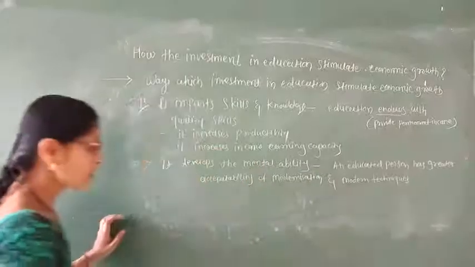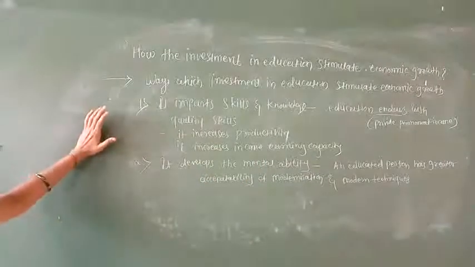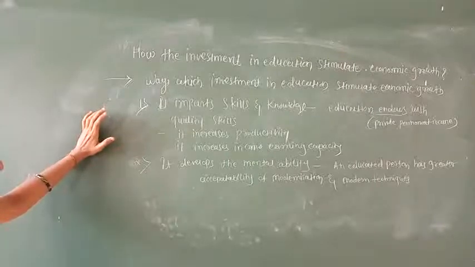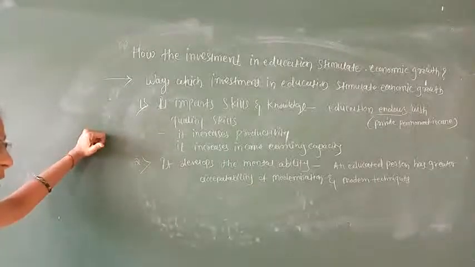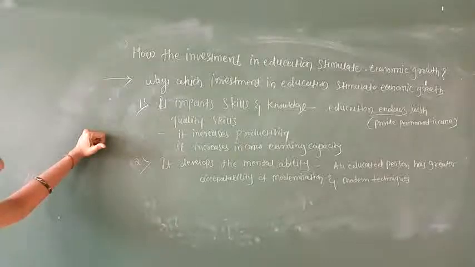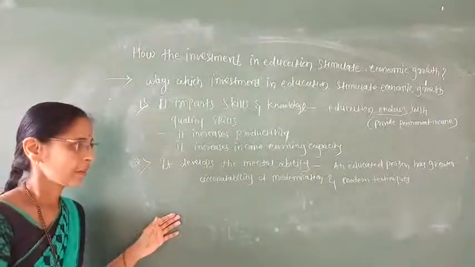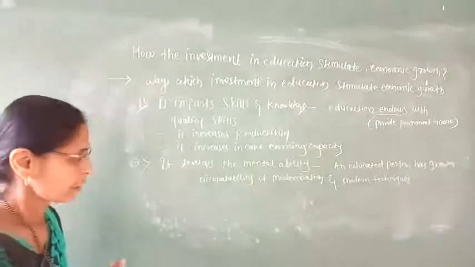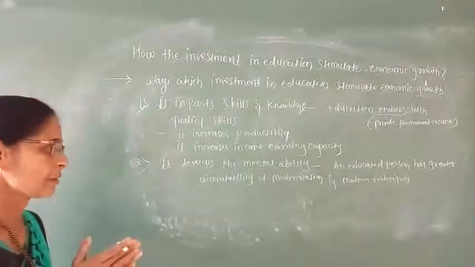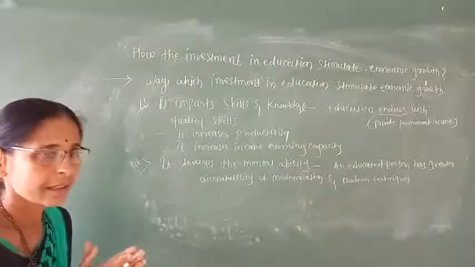See students, the education develops the mental ability of the person. Means, for example, an educated person has a greater acceptability of modernization and the modern techniques. Means here, if the person is educated, then he accepts the modern techniques. Means he gets knowledge by taking the education about the modern techniques,